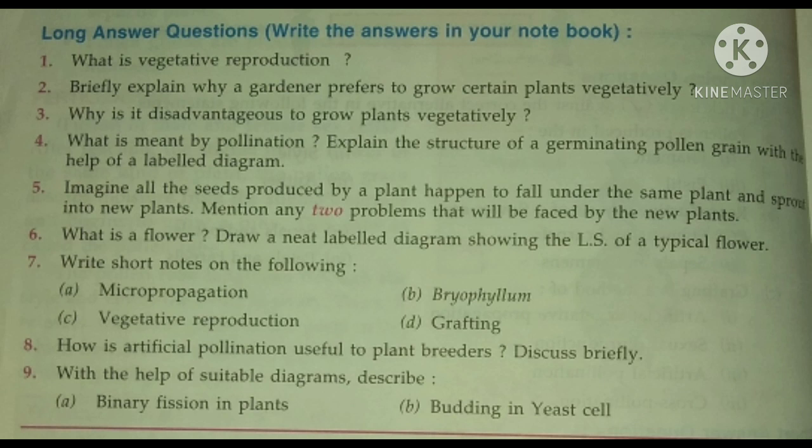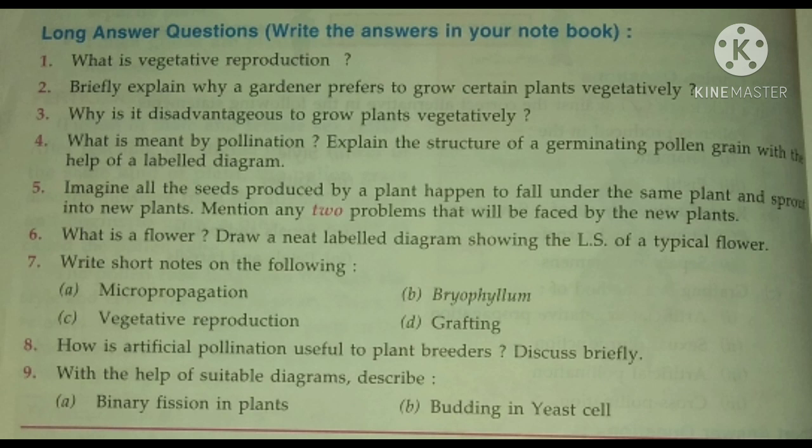Next, vegetative reproduction. Briefly you have to write about vegetative reproduction. In page number 15 you will get: new plants can be produced from certain parts of plants such as leaf, stem or root, and those parts are called propagules. Vegetative propagation can be either natural or artificial. There are different types: reproduction by stem, reproduction by root, reproduction by leaf. These are the natural methods. And artificial vegetative propagation includes grafting, cutting, layering, tissue culture, etc. Like this we can write the answer.